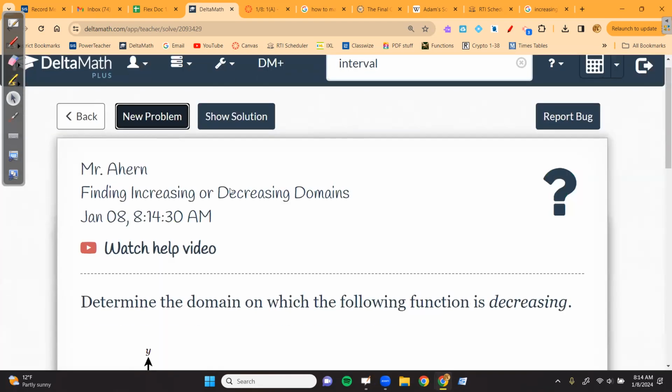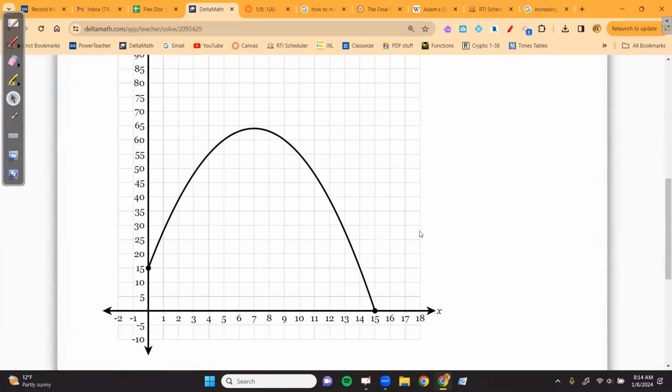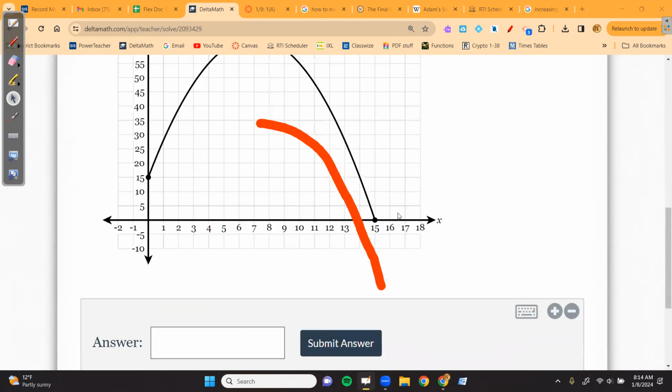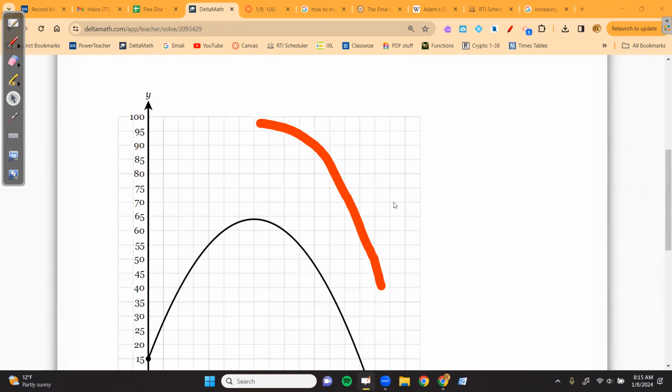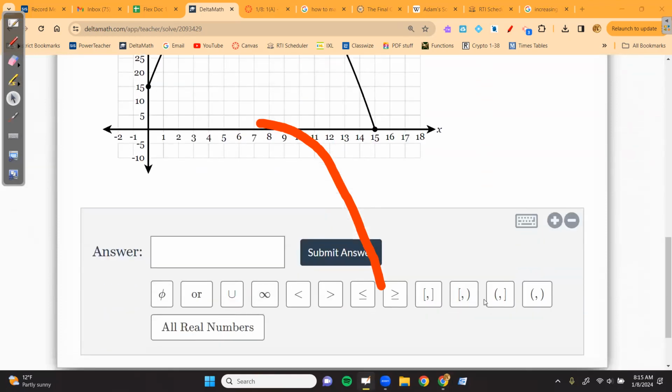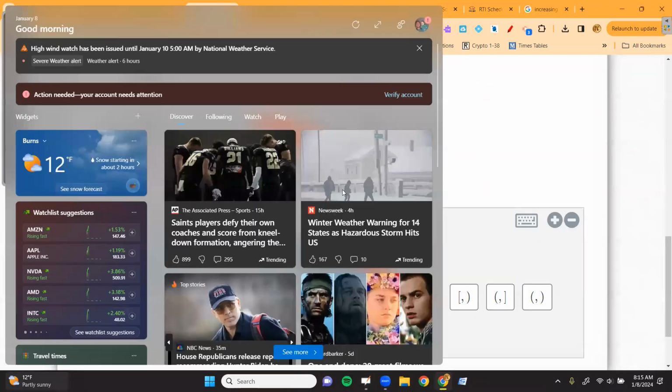Let's find a decreasing. Here we go. What would you say about decreasing on this one? Decreasing is going to be from this side, right? Because it goes downhill. So it goes from, say again, 7 to what? Why no infinity this time? Because it ends, right? There's no arrow this time. And so it goes simply from 7 to 15. Should 7 have square or round? Right, because remember, 7's not increasing or decreasing. So we want round on the left, square on the right. Because at 15,